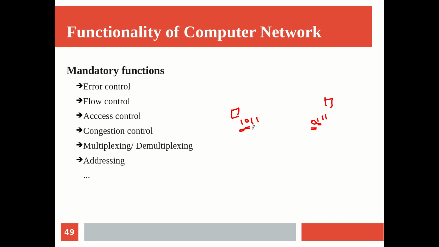In detection we will simply detect that this is what was sent by the sender and this is what was received. The detection algorithm will report that there is some error, but it will not locate the error. It can't tell whether it is at this position or that position. It will simply detect that there is an error. Now if an error is detected by the receiver, what can the sender do? The sender can retransmit the information.